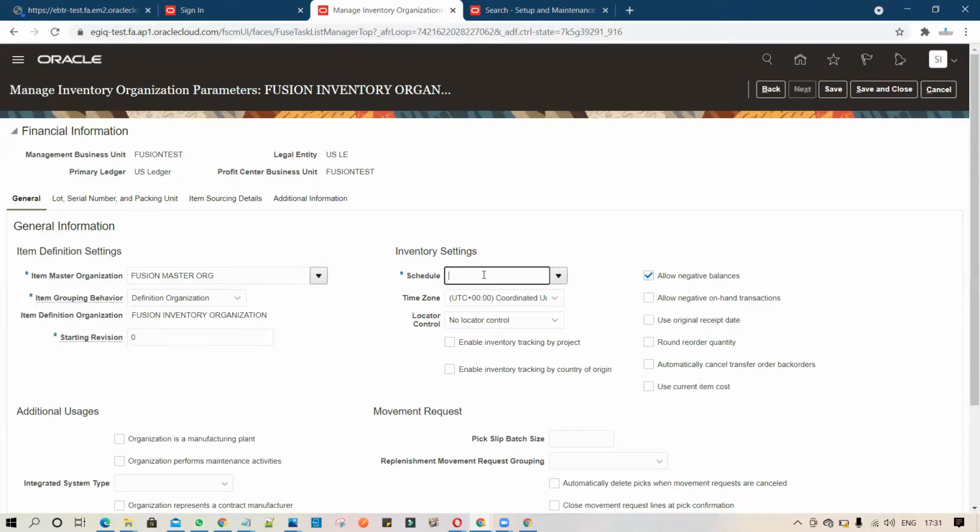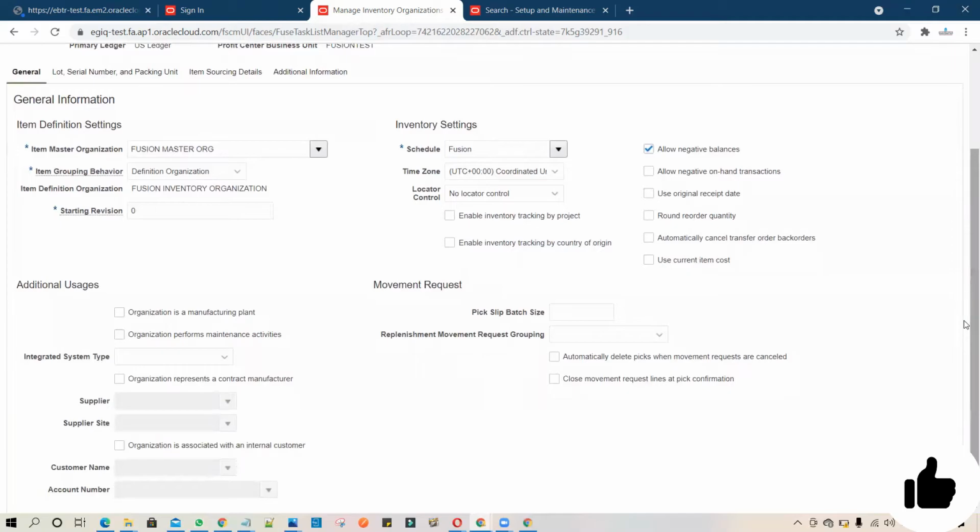Now you have to click on the schedule, so you can type your schedule. Once you click on schedule, there are lots of options available in Fusion. If your inventory organization is going to track the projects related to all those inventories, then you have to enable this flag.